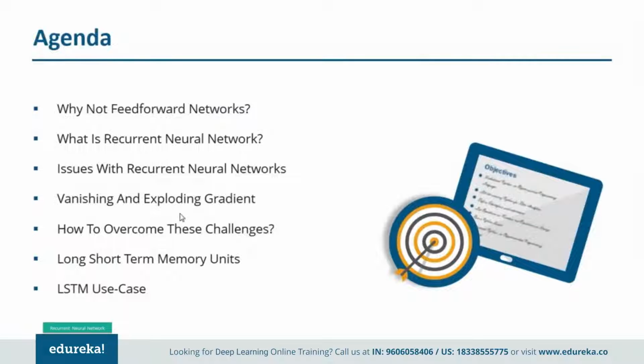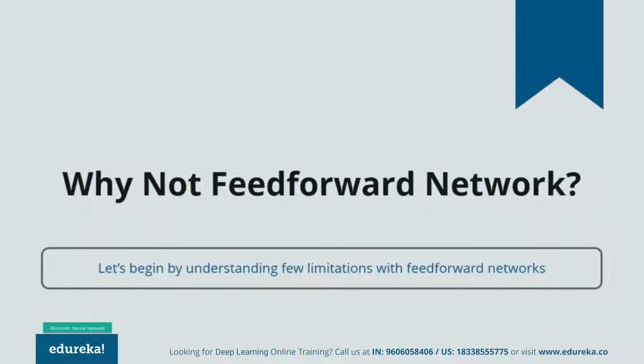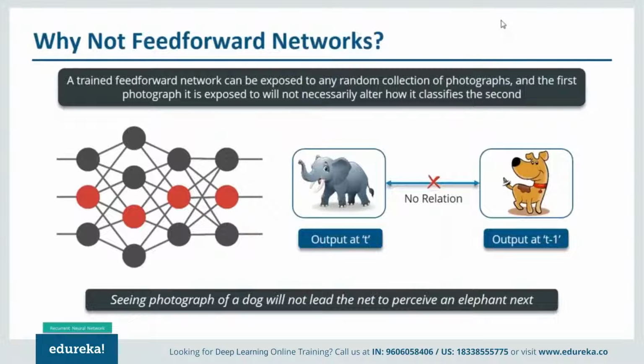So guys, let's begin. We'll understand why we can't use feedforward networks. Now let us take an example of a feedforward network that is used for image classification. We have trained this particular network for classifying various images of animals. Now if we feed in an image of a dog, it will identify that image and provide a relevant label to that particular image. Similarly, if we feed in an image of an elephant, it will provide a relevant label to that particular image